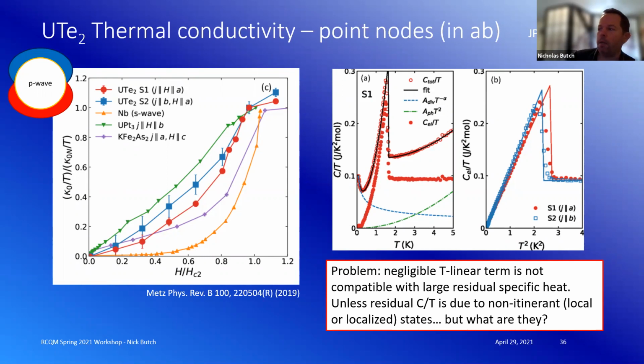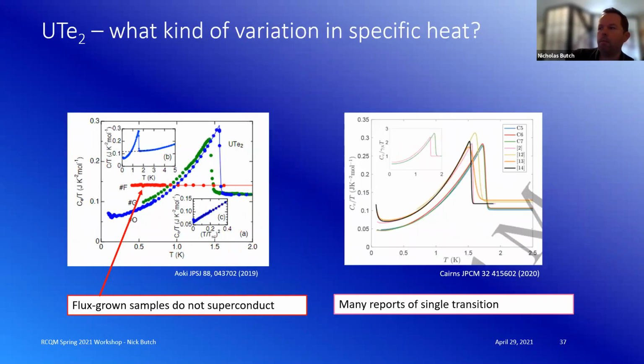And so in this figure, there's a construction, albeit not tied down to any sort of theoretical underpinnings, about what you would need to subtract in order to get this resulting red curve where the electronic specific heat goes to zero, as you would expect in, let's say, a conventional case. So basically the statement is, if we want to get rid of that stuff, we have to assign it to a local or localized degree of freedom of some sort. And that's a question mark. What is that? As far as we can tell, it's not nuclear Schottky anomalies or something like this.